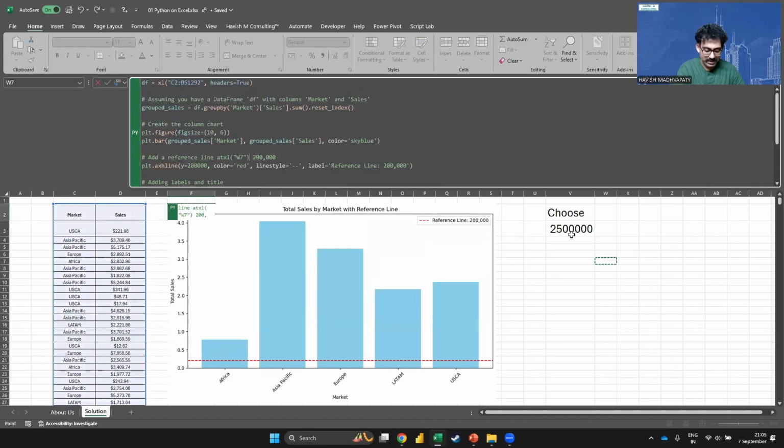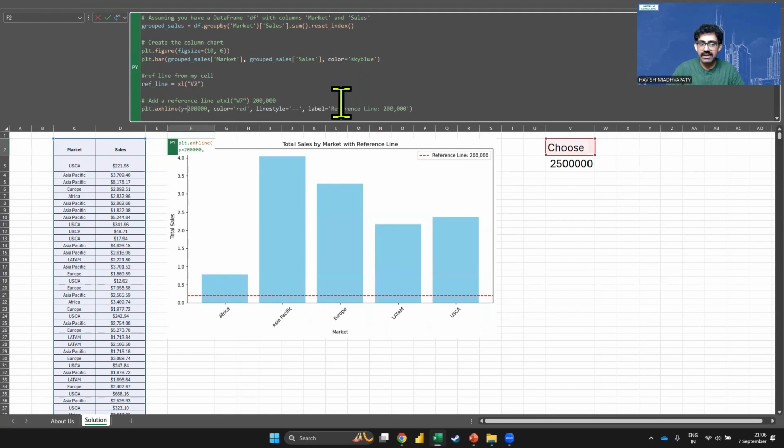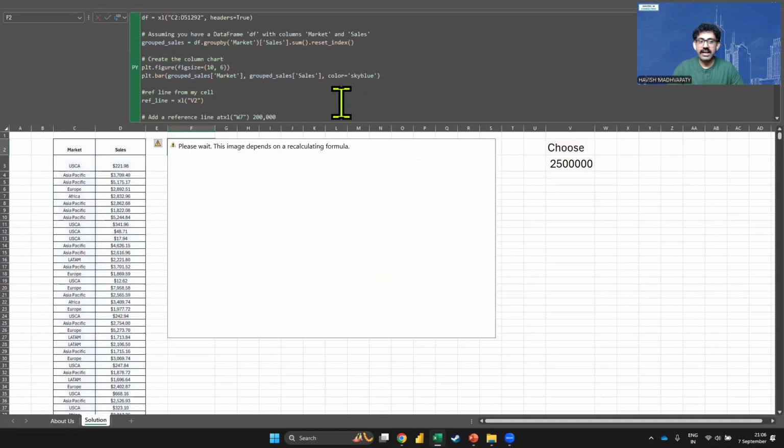But for the moment, what I'll do is, look at my reference line, everyone, one second. Do you see this where it says add a reference line of 2 lakh? I will say, why am I adding 2 lakh? Why don't I take the reference line from my cell? And what will be the value that I'm taking? I will take Excel and I will take V2 and I will save it in something called ref underscore line is equal to Excel V2. And rather than writing 2 lakh, I will say ref underscore line. That means now when I run it,